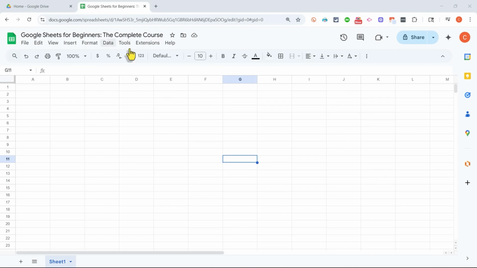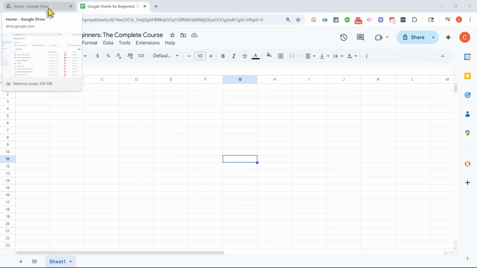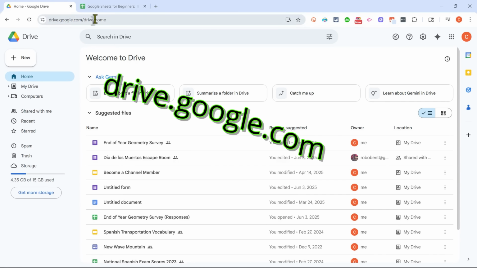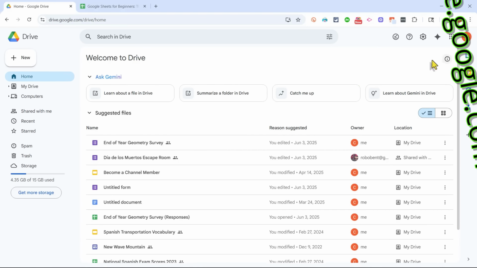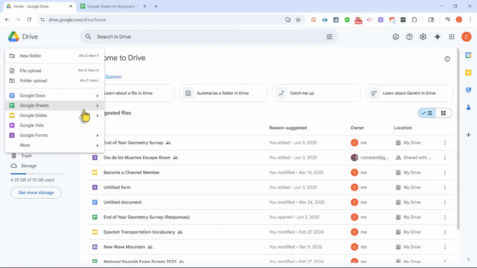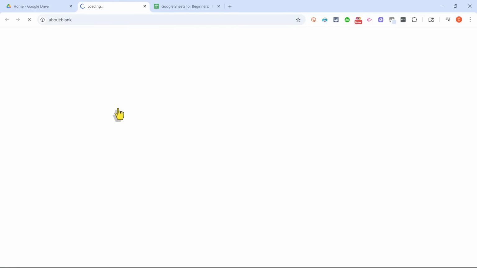You can see that here I already have a new blank spreadsheet ready to go. But if you don't, there are a couple of ways to begin a new spreadsheet. Probably the most standard, most common way to do so is to go to Google Drive, drive.google.com, and look here in the upper right to make sure that you're signed in to your Google account. From there, you can just click New and Google Sheets blank spreadsheet, and that will give you a brand new,